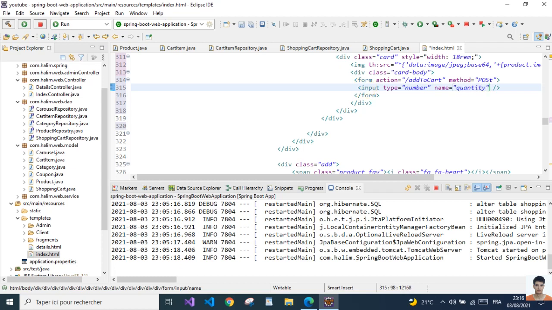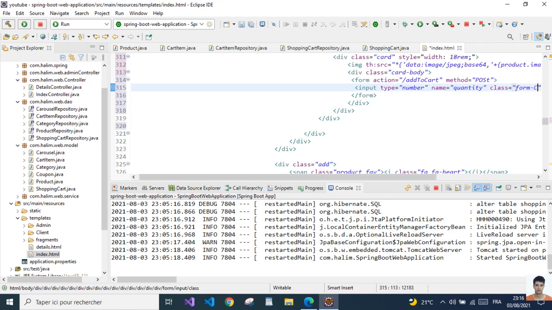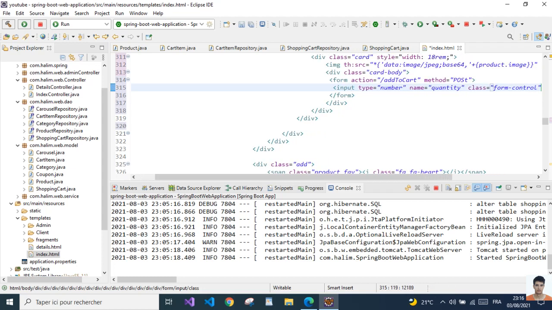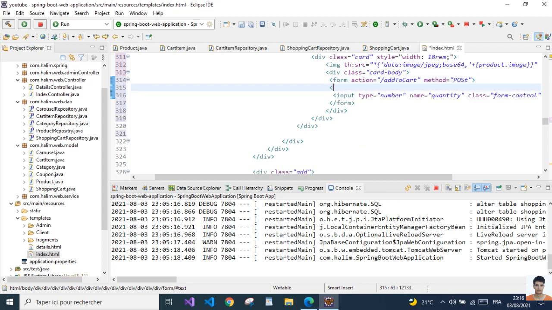And what else? So that's it. I'm gonna give it a class, the bootstrap class form-control. So that's it, and I'm gonna need another input here,